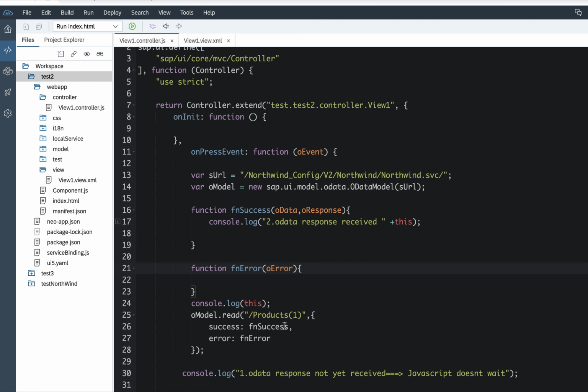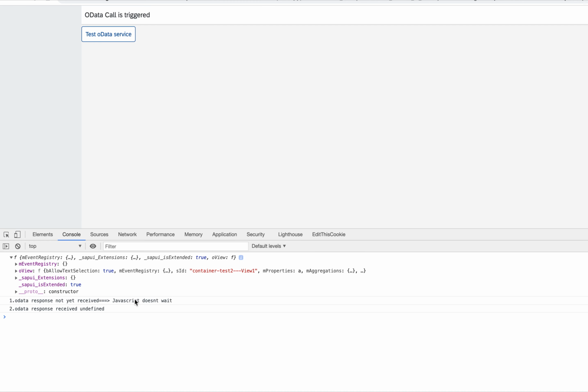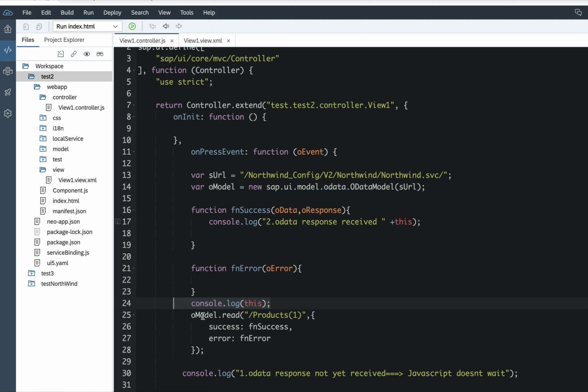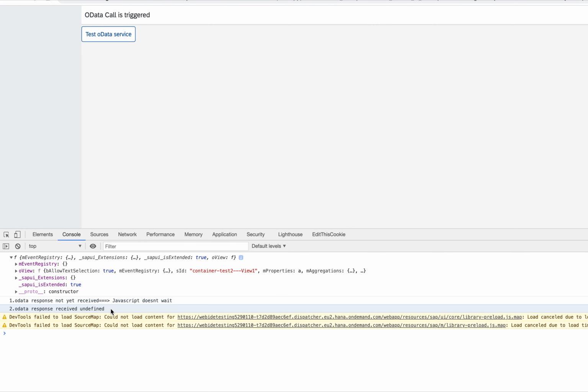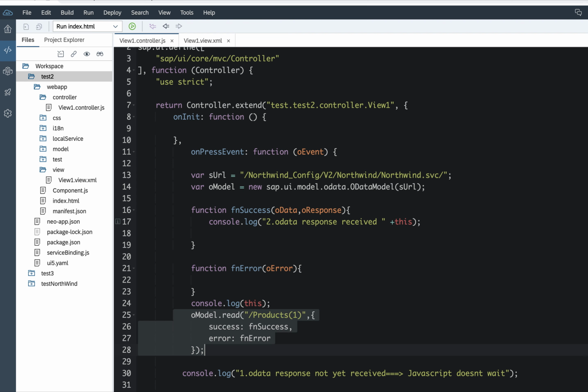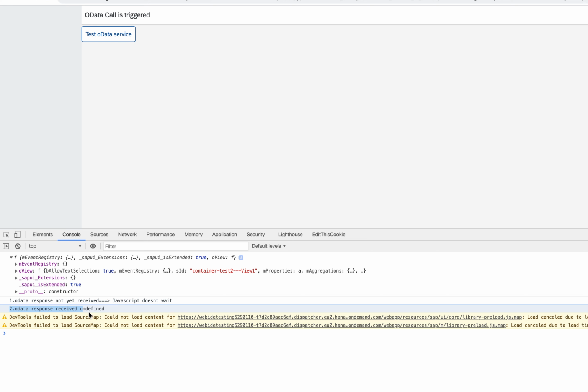This is the statement which I have put before the OData method call, and I have the second statement just after the OData method call is placed, and the third one is OData response received and undefined. Whenever I try to access this object inside my success callback function, I am not able to access this object, right? So thus it is undefined.